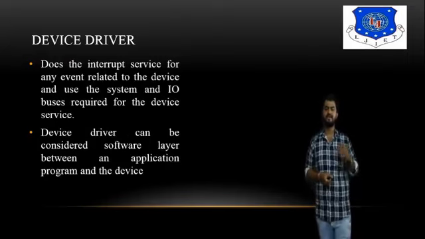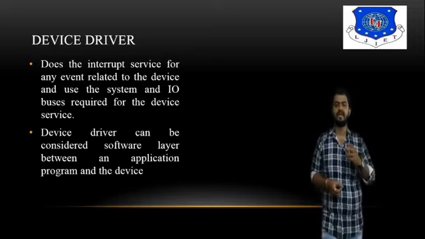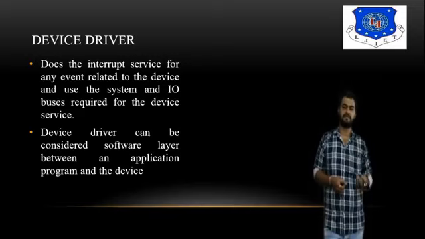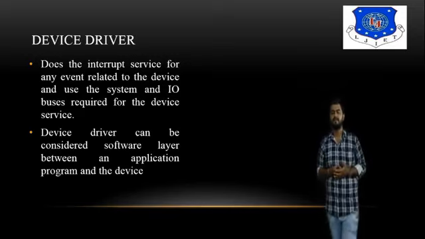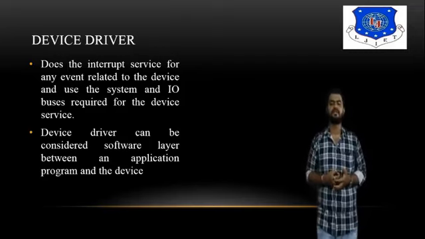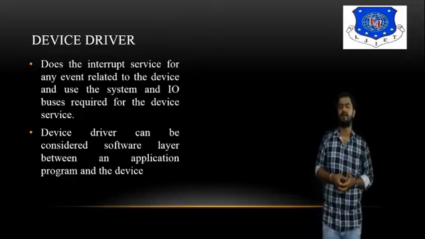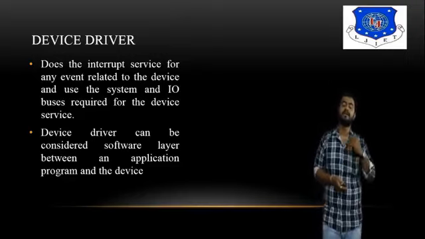Device driver does the interrupt service for any event related to the device and uses the system and IO buses required for the device services. So basically we have to follow the different types of device services in terms of the IO and the system. So device driver can be considered the software layer between an application program and the devices. So we have to follow the different types of application program and the devices when you're talking about a device